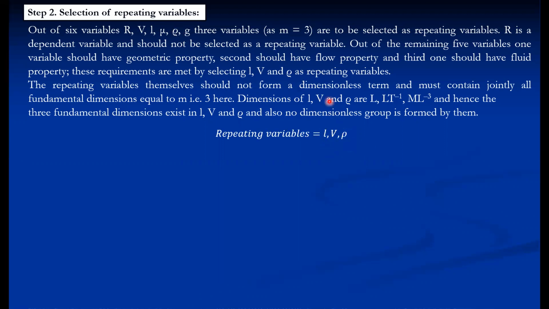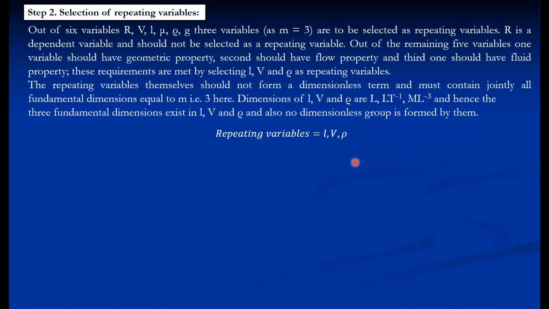So we can select G also as a flow property. Even then we arrive at the same equation, it doesn't matter. And we can select mu also as a fluid property. But the problem becomes slightly complicated because in mu all 3 dimensions are present, especially while resolving the problem. So as far as density is there, they give preference to density as a fluid property. So these are the repeating variables.